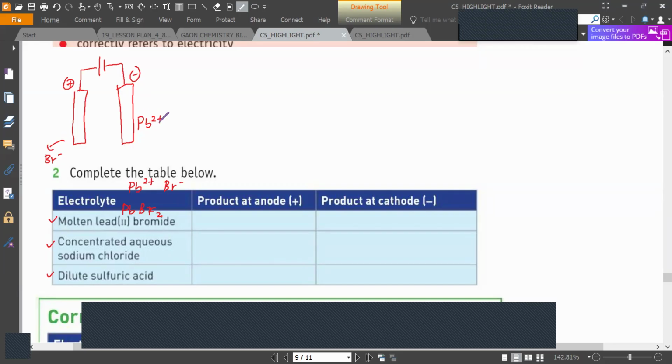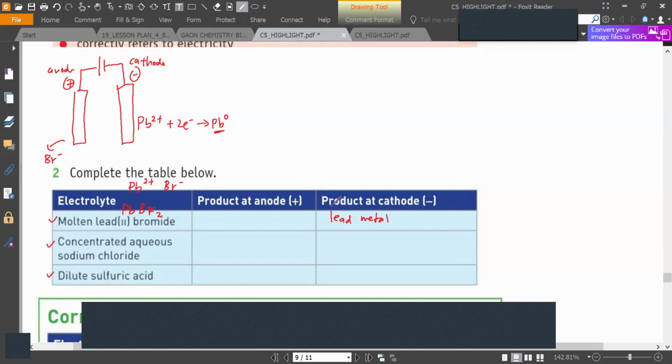So Pb2 plus will add 2 electrons to return back to Pb0. So the negative will be the cathode, and the positive will be the anode. So at the cathode, we will have the lead